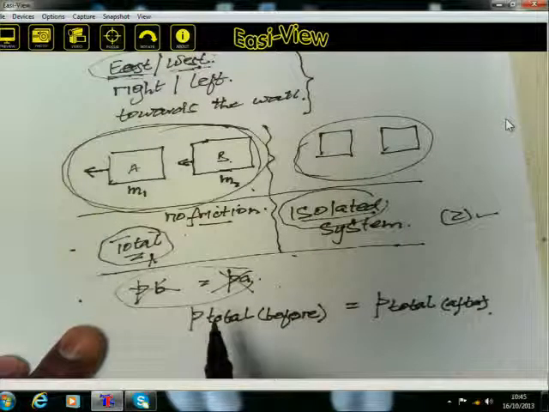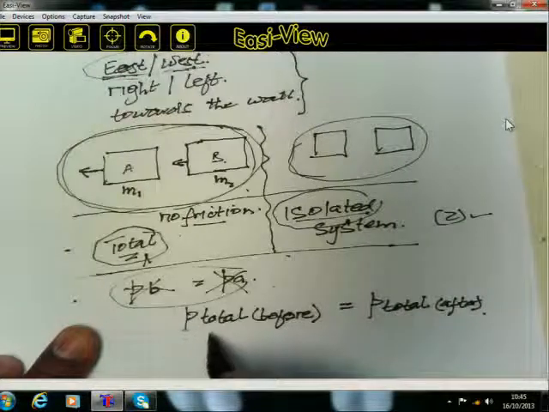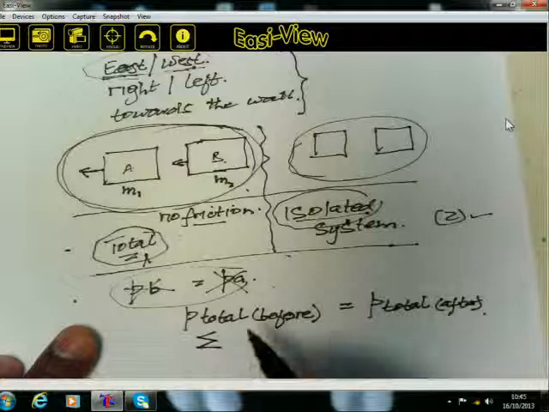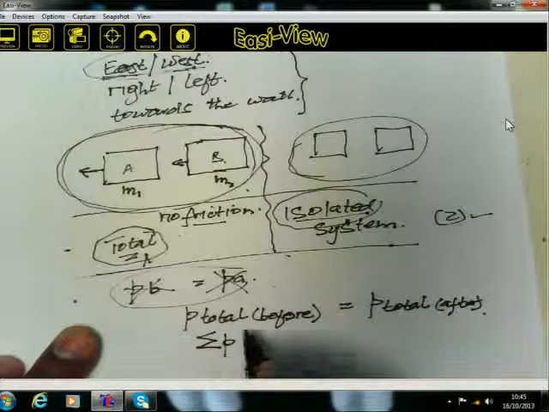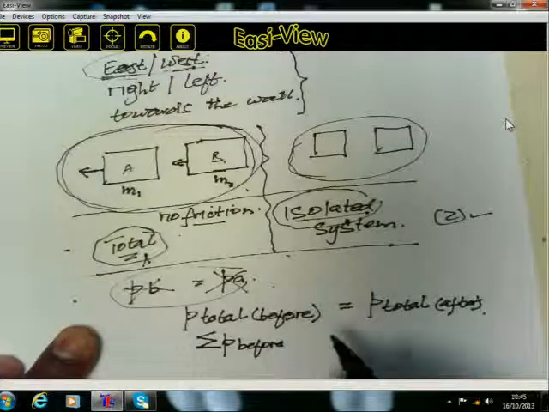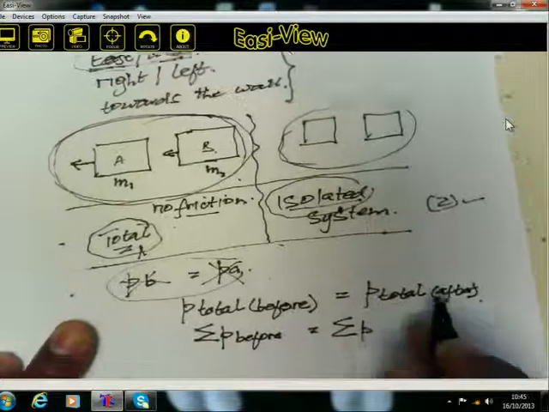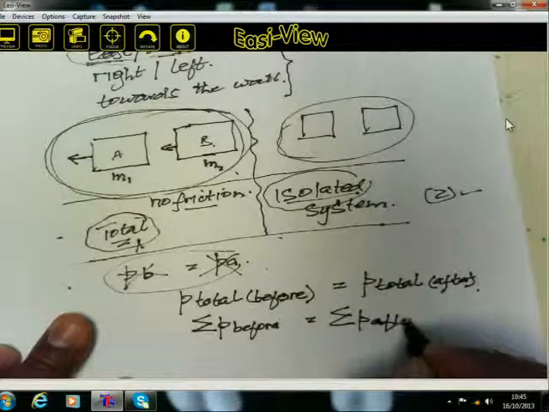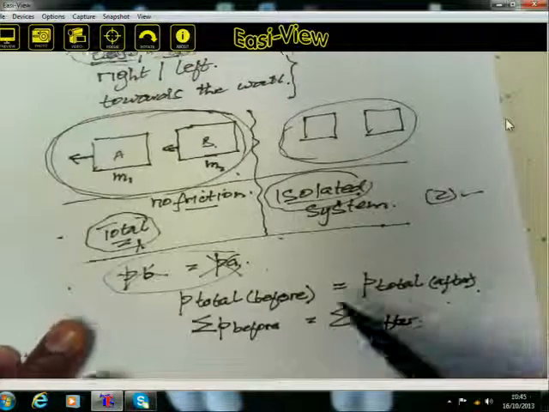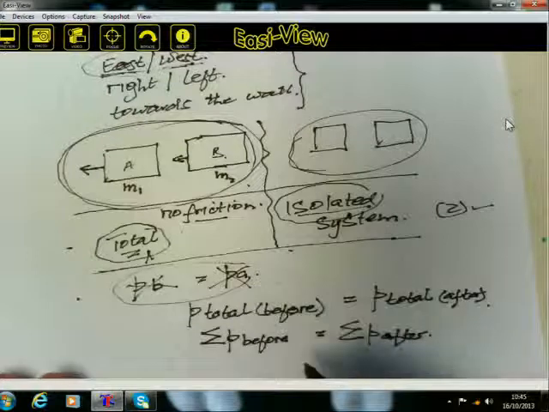You can do this, or alternatively, you can use the summation or sigma notation and say the sum of the momentum of the objects before the collision is equal to the sum of the momentum of the objects after. Then once you have done that, we will look at a later stage when we look at the problems,